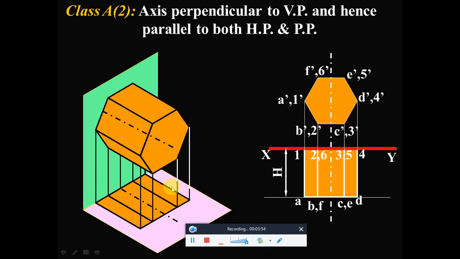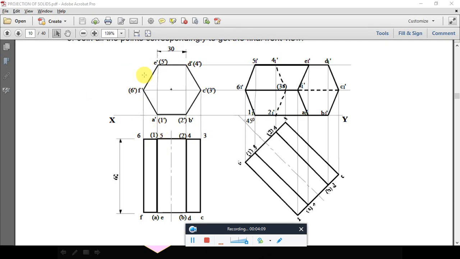This is just for your reference. In our problem, one of the rectangular faces is resting on HP. If something is resting on HP, in the front view you will see the base on the XY. So this is the first condition. This is 1, this is 2, this is 3 and this is 4. In the first condition we have the base, the hexagon. A dash is visible, 1 dash is hidden, 2 dash is hidden, B dash is visible, C dash is visible, 3 dash is hidden. Likewise give the naming